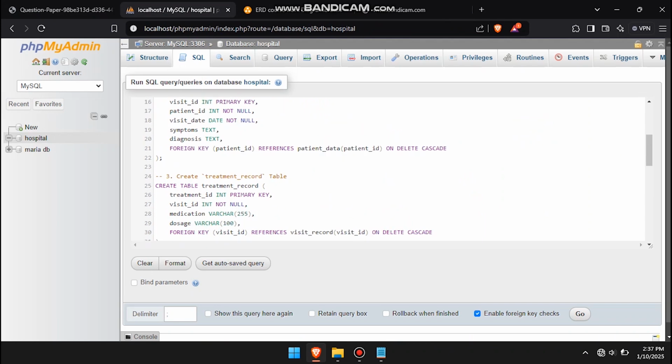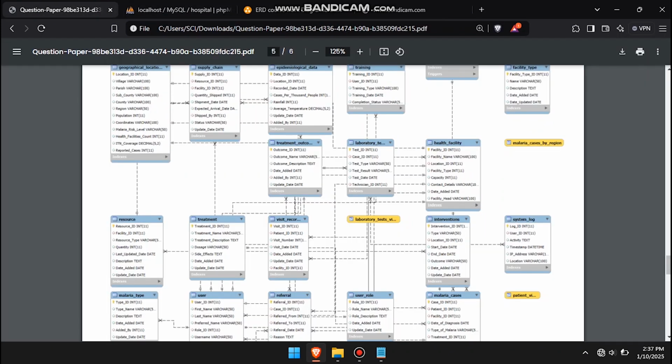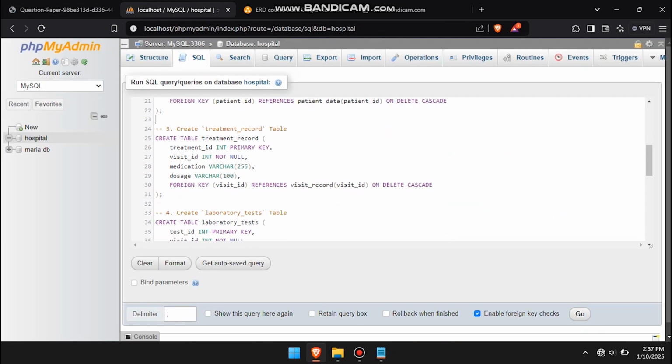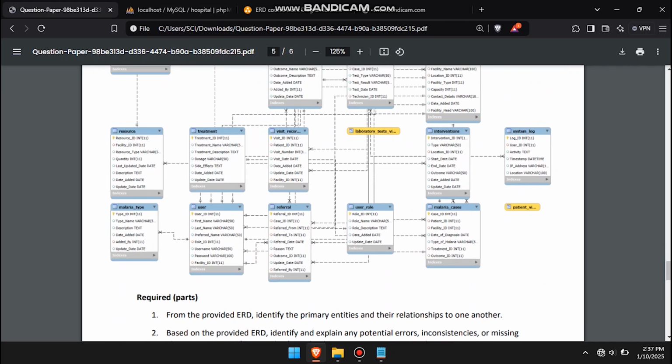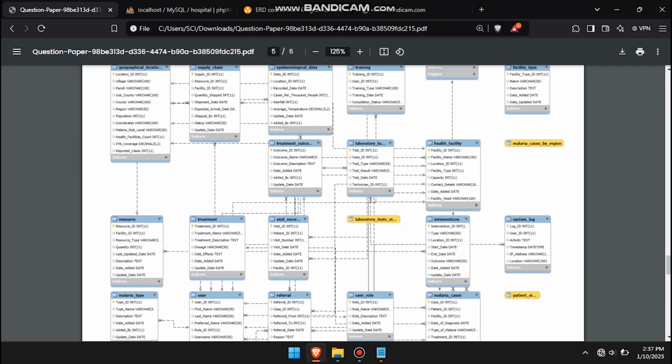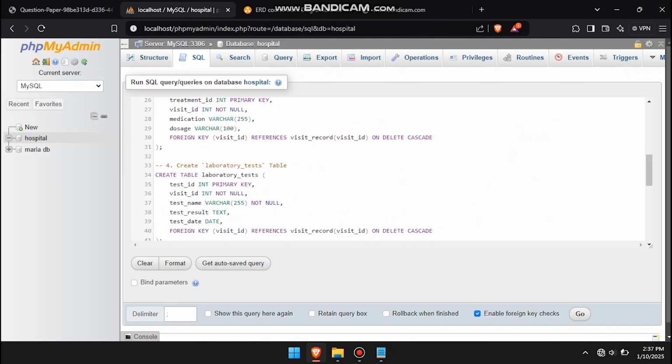Then we are going to create treatment record, which is here. Then we are going to create laboratory tests, which is here. Though we have not been given attributes, so we are just going to create a table for it, and